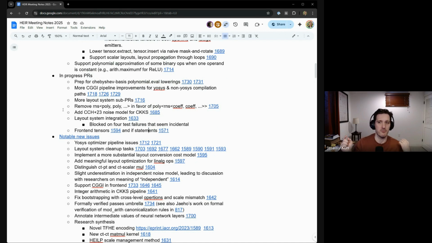I think what we're doing now is that when you see an extract, it gives it a layout that has the value in slot 0 with 0 padding everywhere else. And so to maintain the proper 0 padding, it has to do a mask and rotate. Or at least it has to do a mask. Yeah. So I think we can support both worlds, right? And we want to do the one that's more efficient, obviously.